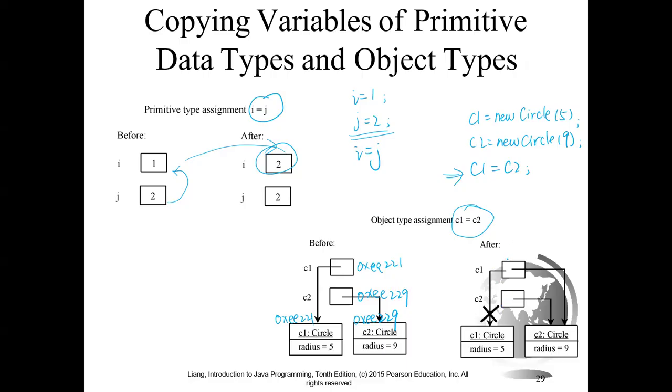No, I mean, we are changing the address stored in C1. Initially, it stored the value of 0xEE221, right? The address. But now we are giving this content to here. That means we are copying the address 0xEE229 here. So when the compiler executes this line, it will know that C1 is now pointing to this address,